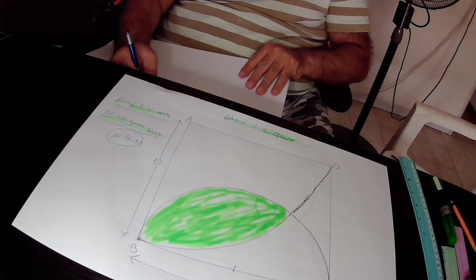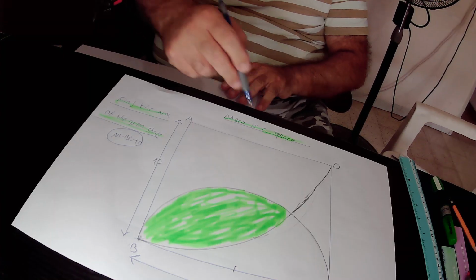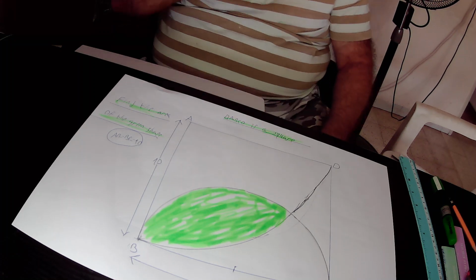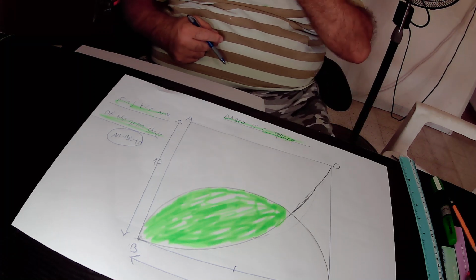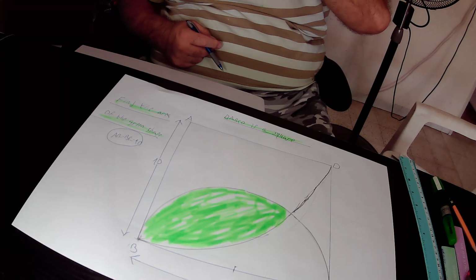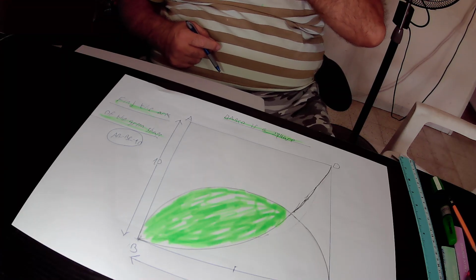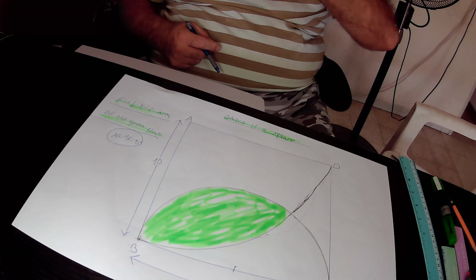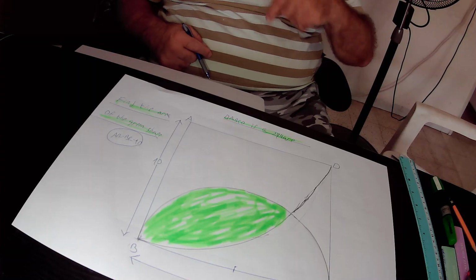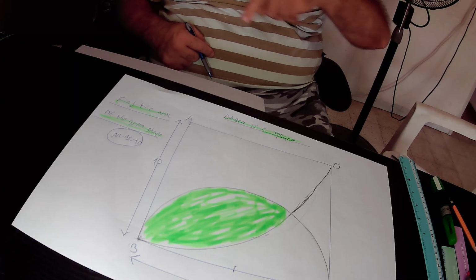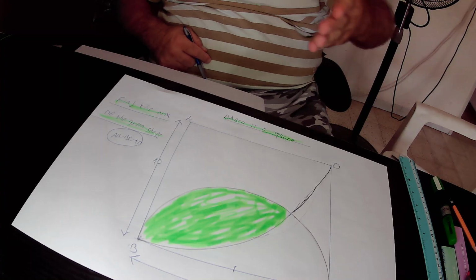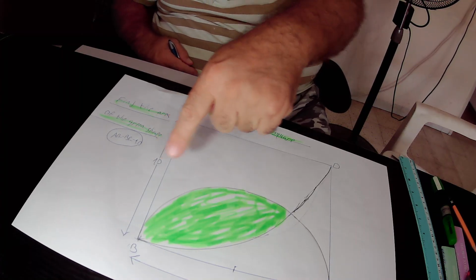In the second question, our task is to find the area of this green shape that is inside square ABCD. We know that one side of square ABCD equals 10 units in length, and inside this square ABCD we have this quarter circle. We know that the center of this quarter circle is located here at point A. In addition, inside this square ABCD we have this semicircle,